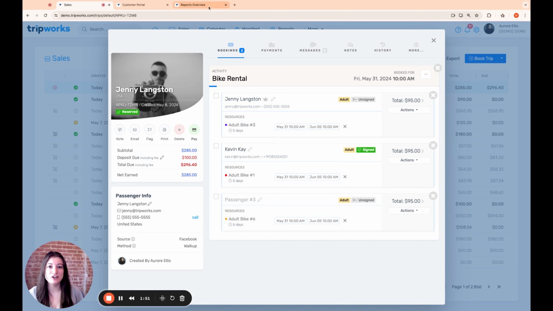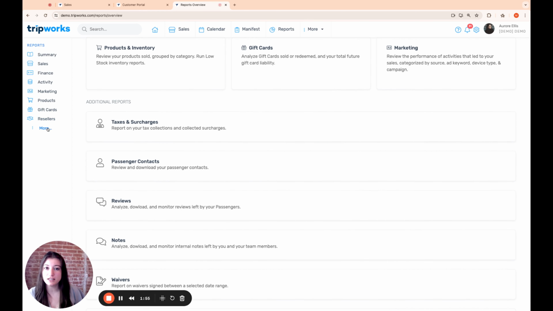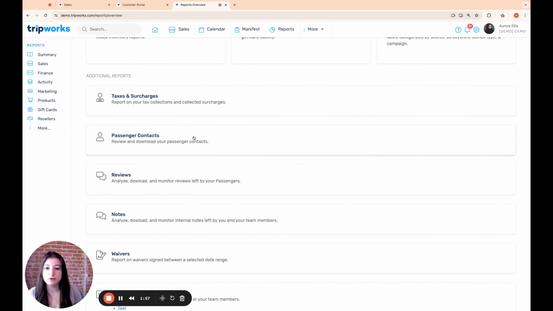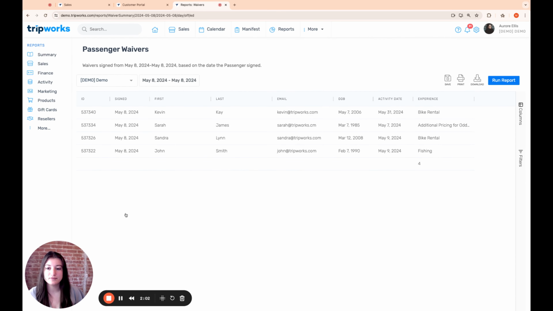So how is this helpful? If we skip over to your report section inside TripWorks and you select more, you're going to see 2 helpful reports. First, you're going to see the waivers report down at the bottom. The waivers report will show you all of the customers that have signed their waiver. You'll see their date of birth, the activity that they were scheduled for, and the date that they were scheduled